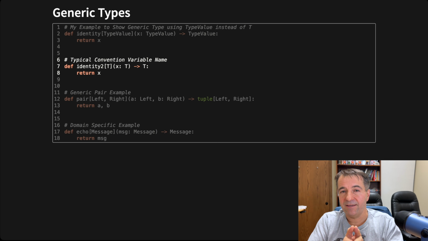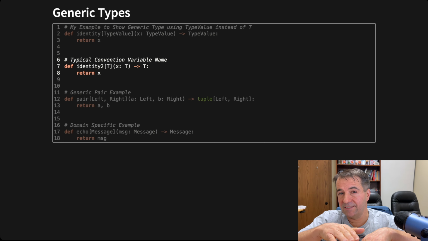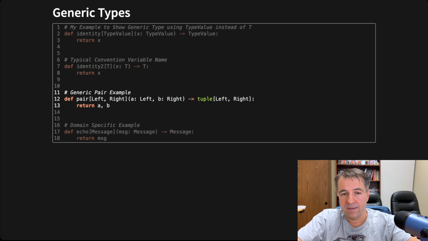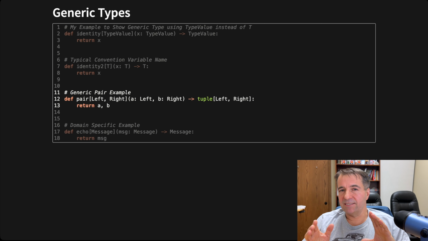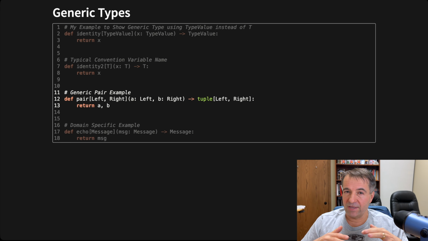But you can send in any type. The only rule here is whatever the type is that's coming in will be the type that's sent out as well. So this is an example of a pair where it does actually make sense to use descriptive names for your type variable names.